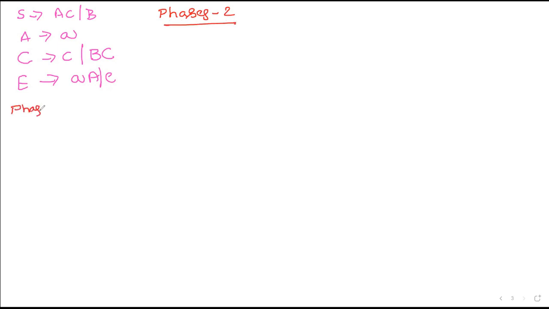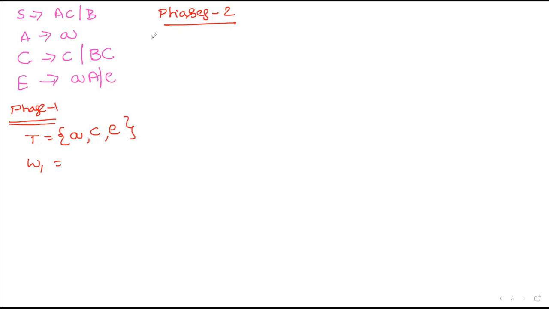First, I will explain phase 1. What am I doing in phase 1? Simply, in phase 1, I am eliminating all the useless non-terminals. The procedure is, first, consider all the terminals. What are the terminals present in the given grammar? The given grammar contains the terminals a, c, and e. These are the terminals. Now, from these terminals, we have to construct W1. Generally, what is the procedure?